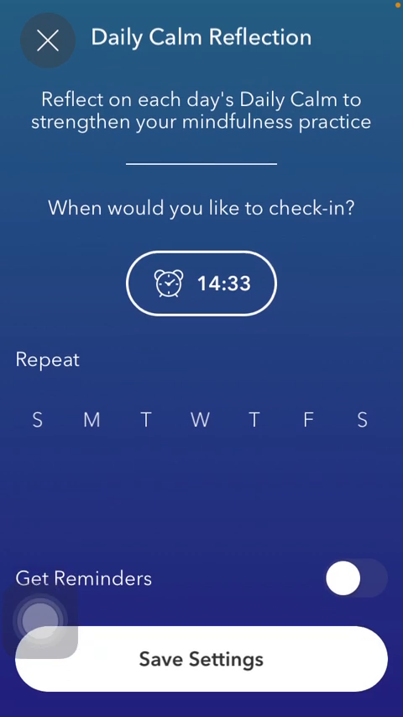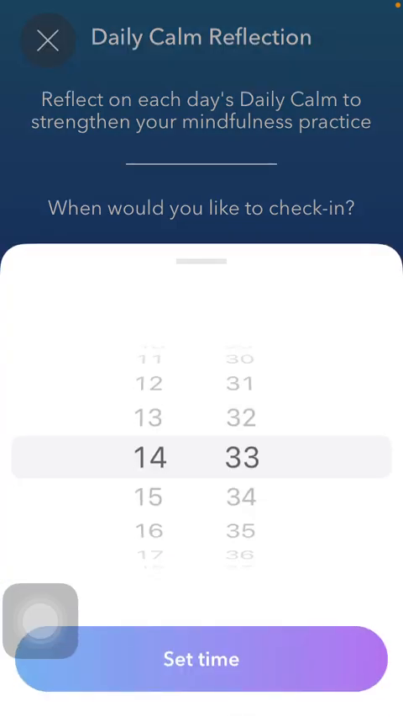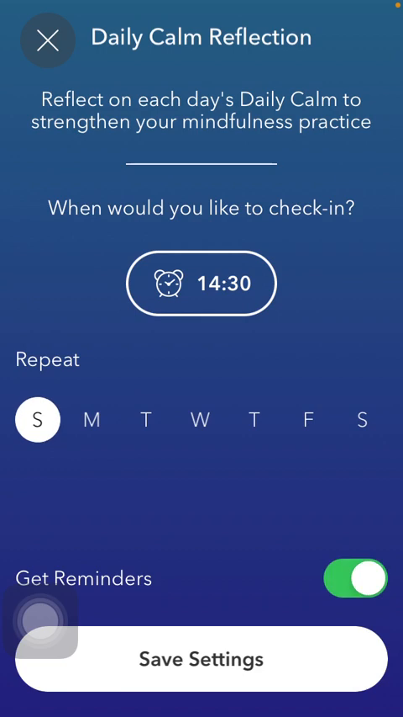Then you should select when you would like to check in to reflect on your daily Calm to strengthen your mindfulness practice. So select the time and click on the set time button. Then select those days when you would like it to be repeated. Tap on get reminders and click on save settings down below to save the